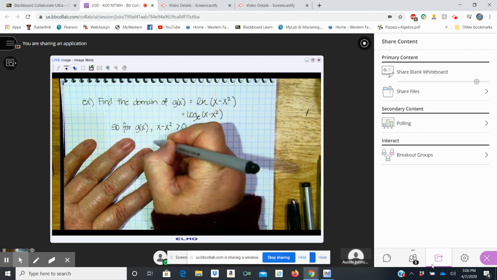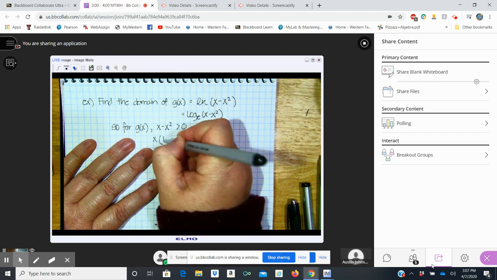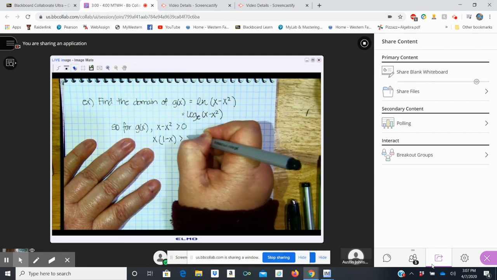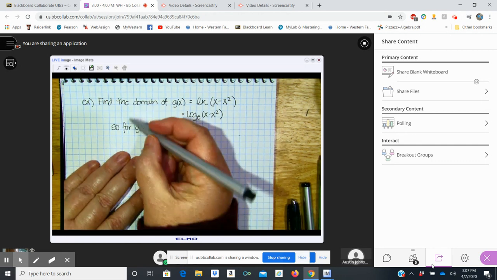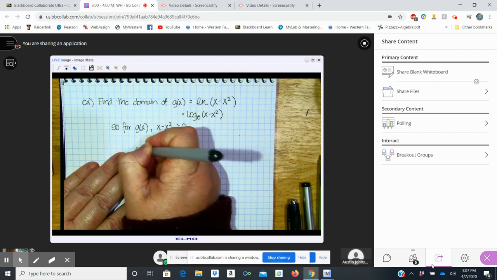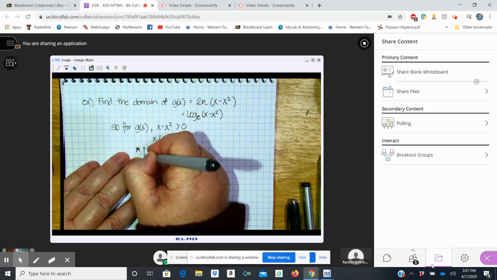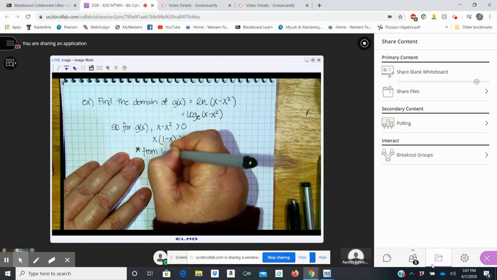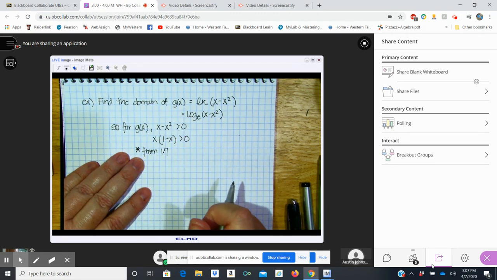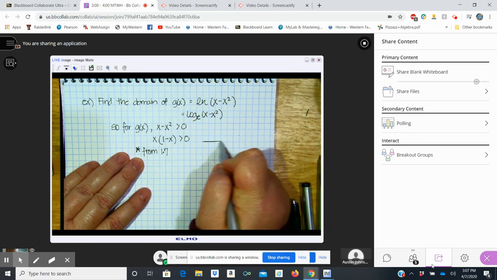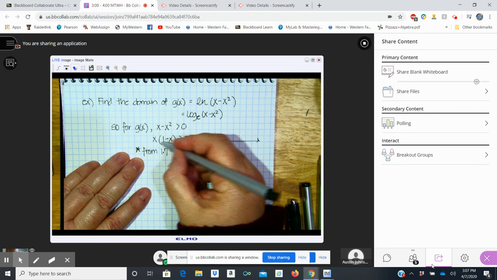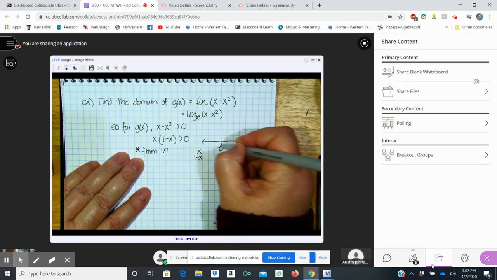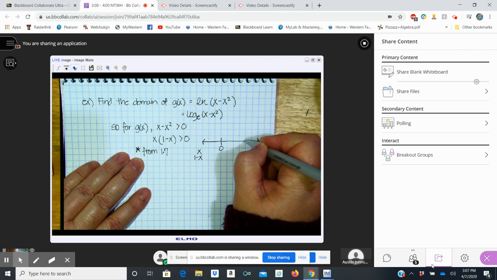If I factor this, I get x times 1 minus x has to be greater than 0. We're going to go back now to week 3 and pull our skills from section 1.7. We know that x cannot be 0, and we know that x cannot be 1,